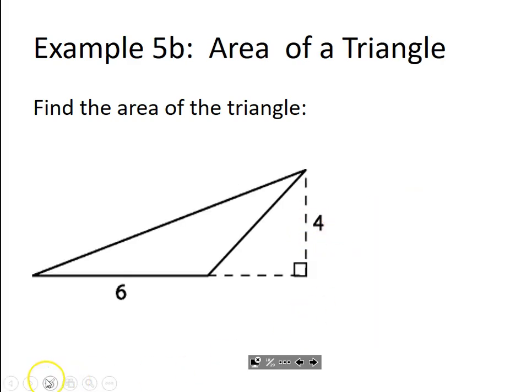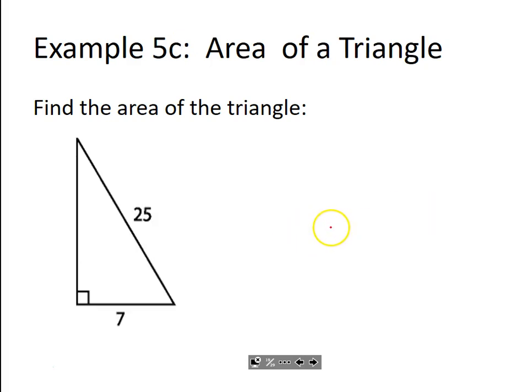Okay, our next one. Now this one's a little bit different. In this drawing, we have our base here. I think everybody can see that that's our base. But we notice that we're going to find our height by extending this base out to the right. And then we're going to draw a perpendicular to that highest point again. So this time to find our height is outside our shape. So our base is 6, our height is 4, 6 times 4, divide that by 2,